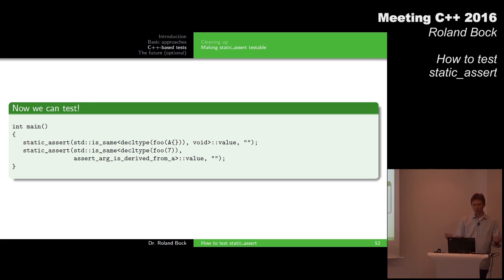Okay, so decltype foo of A, that is valid. In this case, it returns void. So we just use std::is_same and compare that. Okay, everything is fine. And if we call foo with 7,